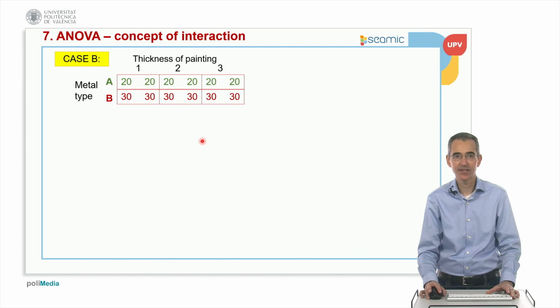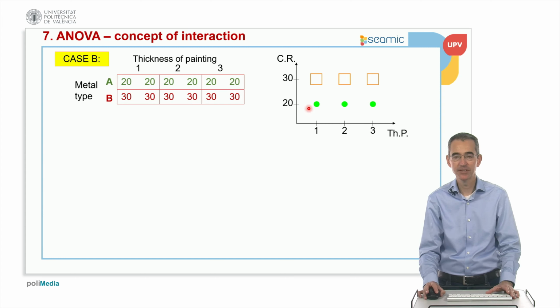In this case, when we use the metal type A, the corrosion rate is 20 in all cases. If we use the metal type B, the corrosion rate is 30, and it's the same for any thickness of painting. If we represent this in a plot, we will have something like this. So if we change the metal type, the corrosion rate changes, but if we change the thickness of painting,